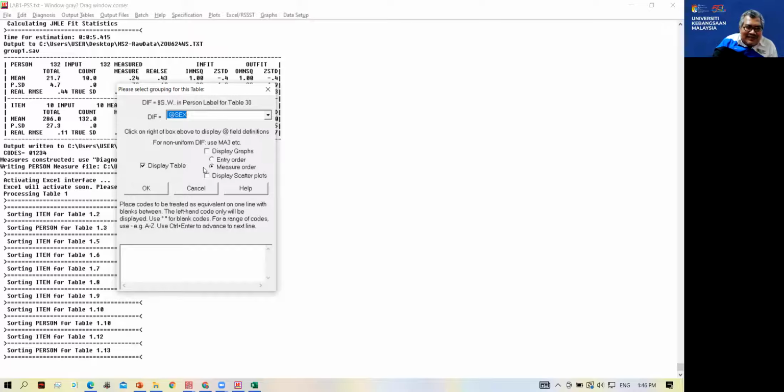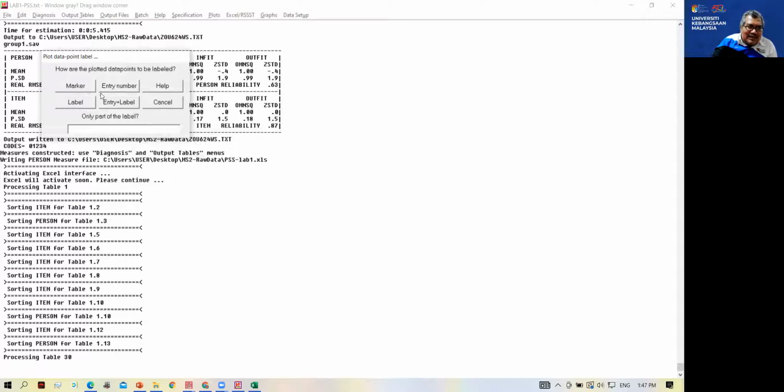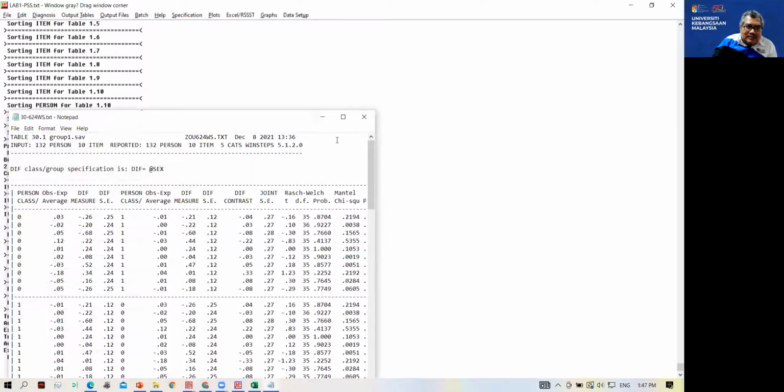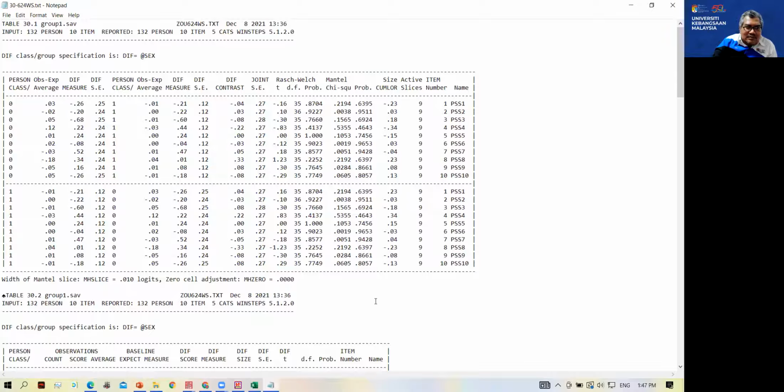Is there a difference in terms of stress in boys and girls? I'm going to click OK. Again, you can click graph or scatter plot, but to me that doesn't really matter. So boys and girls: this is 0, for the boys, and this is 1, for the girls.